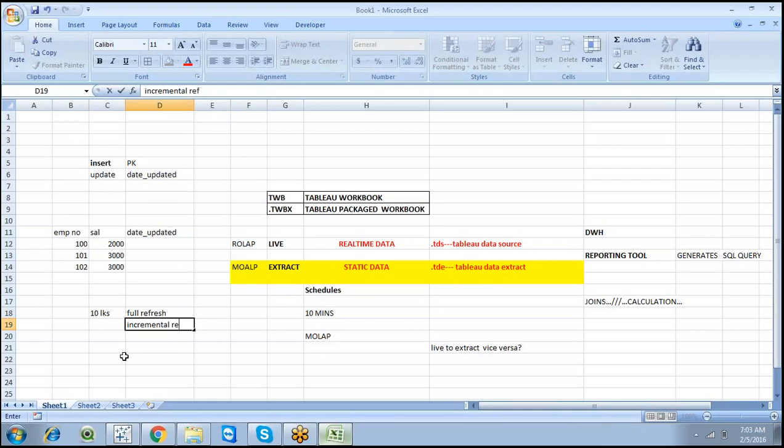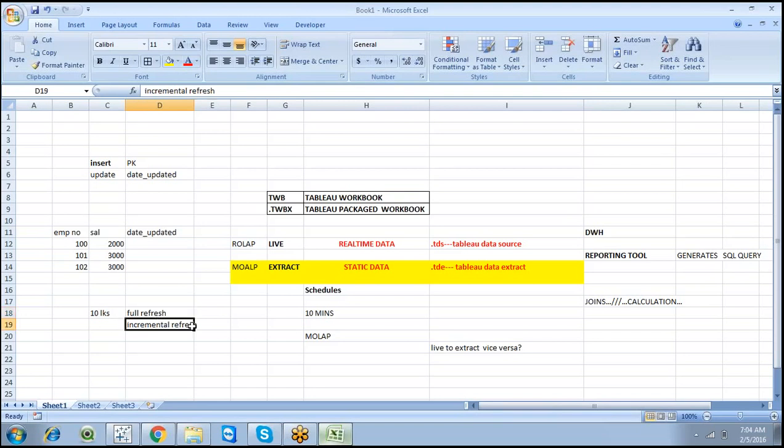So just work with full refresh or incremental refresh. For small data, full refresh gives better performance, but if you're working with a huge number of records, incremental refresh gives better performance, because we can load only newly loaded records.